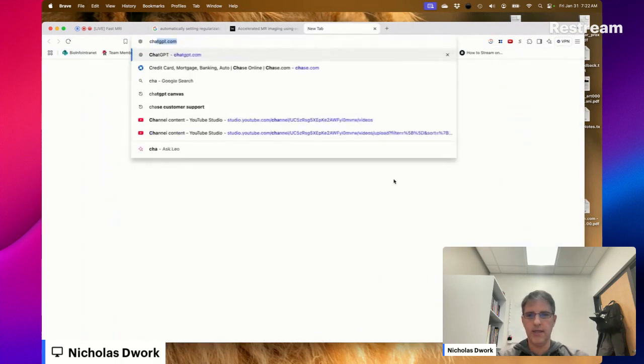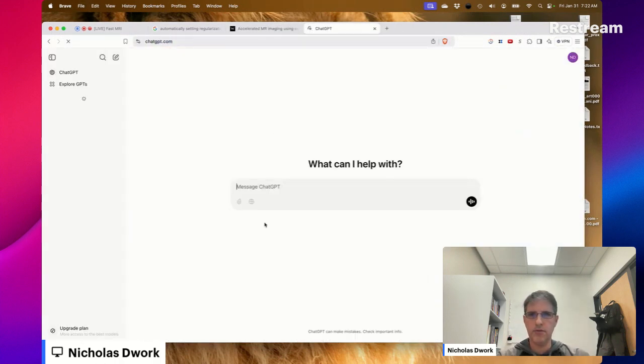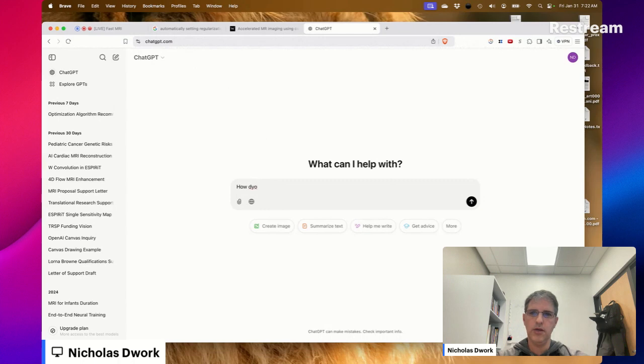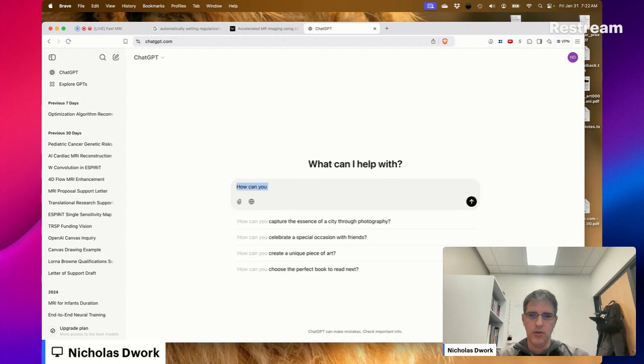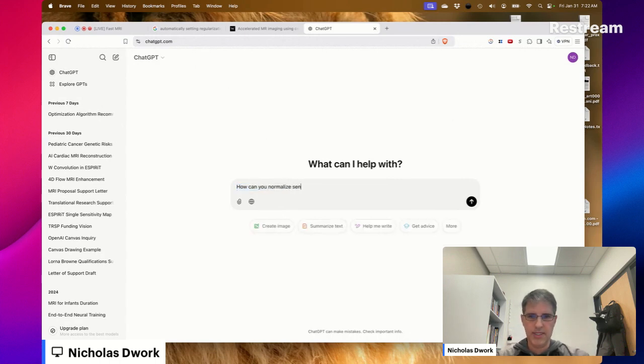Okay, AI, come through for me. How can you normalize sensitivity maps for parallel MRI reconstruction?